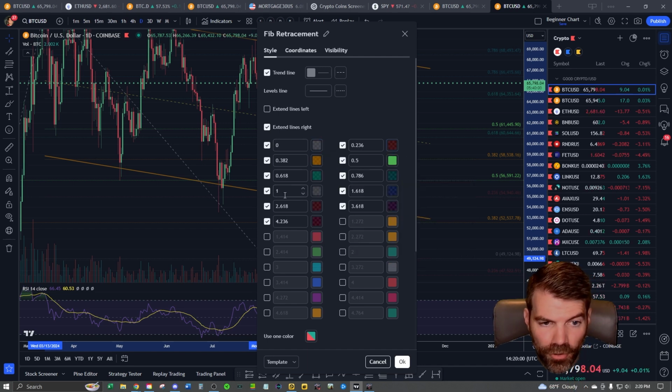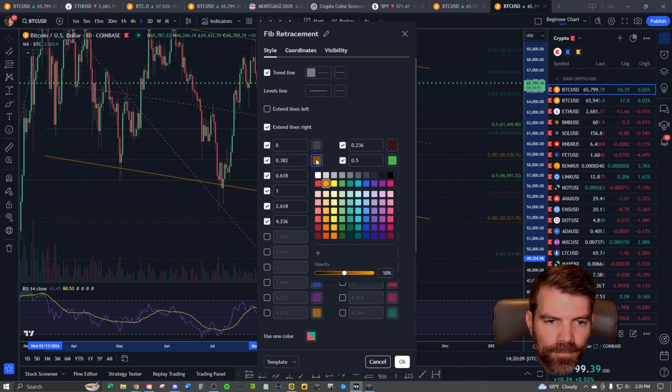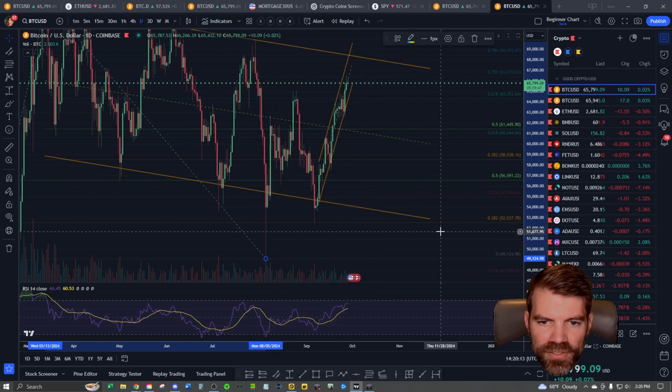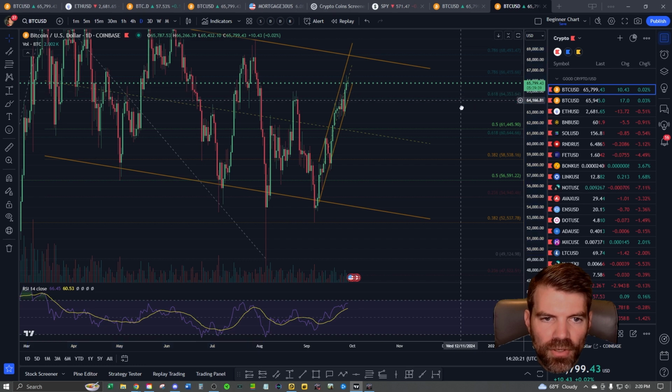Obviously the 0 and the 1 are also important, so I leave those at 50, but you get the point. I put 25% for all of the ones that are not 0.5, 0, 1, and then I like 50% for the 0.382 and the 0.618, because those are quite important. So it kind of just highlights the importance, right? So 0.618 and 0.382, there's a lot of resistance in this zone, and you can see that on the chart pretty obviously. So that's how I draw